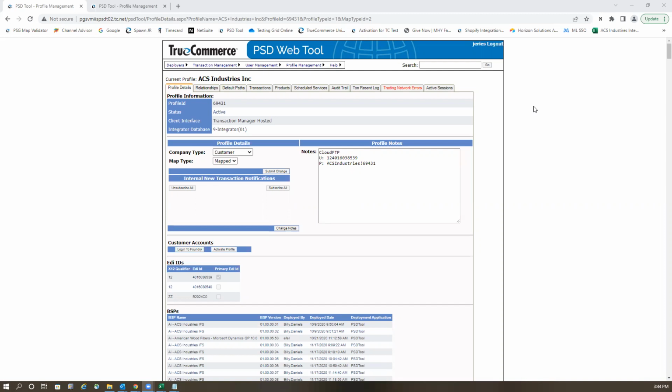PSD tool, or more commonly PSD web tool as well. PSD tool is the pulse of the True Commerce Network. So I just wanted to take a few minutes and get you familiar with what PSD tool does and how